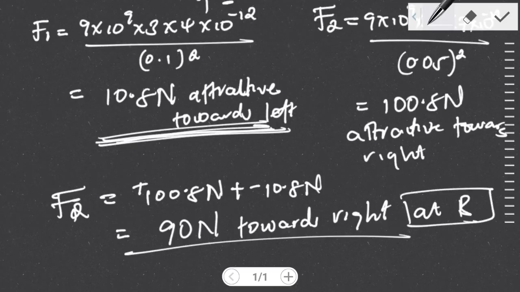This would be the resultant at B. So I can consider that, let me get the difference between these two, then the greater force, and therefore the greater force is the one that gives me the direction, of which in this case this would be the greater force, and therefore this greater force, after subtracting the 10.8, would give me the direction towards